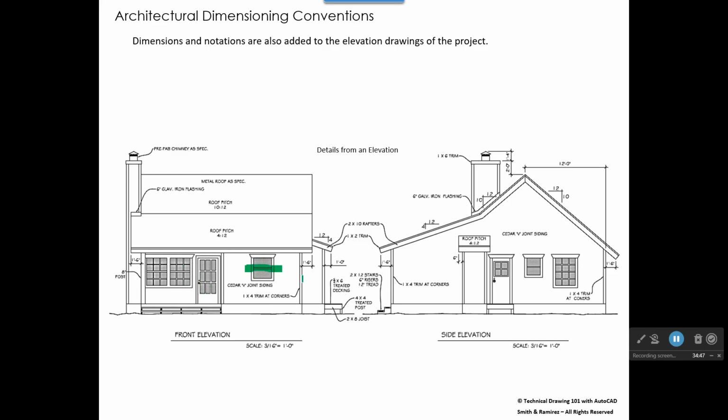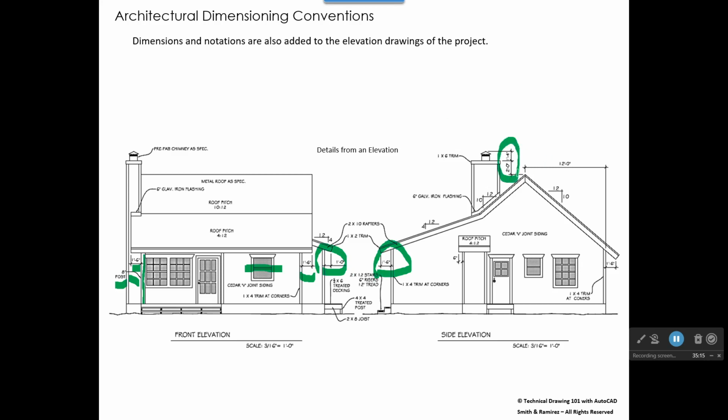But look right here, we've got a dimension of 1 foot 6 inches for that roof overhang. See how the roof overhangs the side of the wall? And we've got 1 foot 6 we're noting over here. We have a leader that says we have an 8-inch post, so there's a post at the corner of our porch. And then we have some other dimensions around here, mainly regarding roof overhangs,